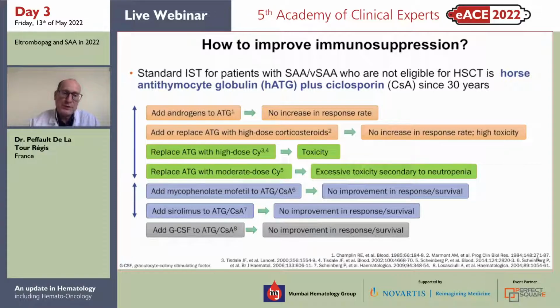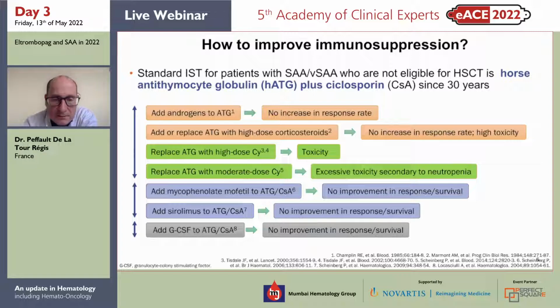and it's clearly not a treatment we could use for immunosuppression itself. Because idiopathic aplastic anemia is an autoimmune disorder, there have also been at least 2 prospective randomized clinical trials using mycophenolate mofetil, MMF, or sirolimus added to the platform of horse ATG plus cyclosporine. And as you can see here, in the randomized setting, there was no improvement in terms of response rates and overall survival.